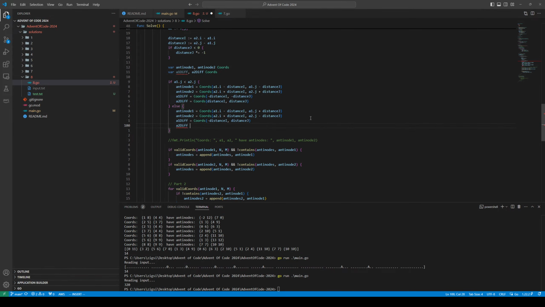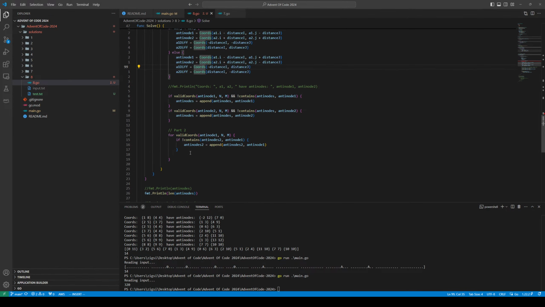A2 diff is going to be distance i and minus distance j. We're not using it yet, but